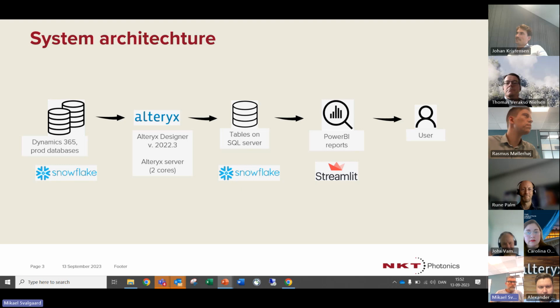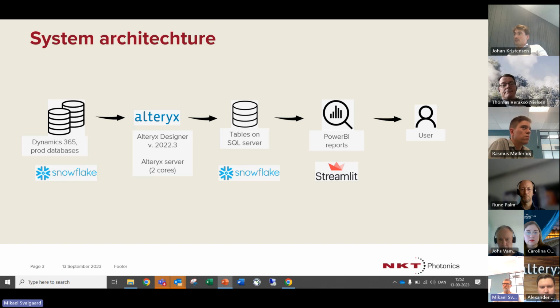You have something, Thomas? I can see you. Yes. I'm curious to know where you actually have put your Alteryx server. Is that in the cloud as well? And are you looking into the cloud version of Alteryx to do some of this stuff? Because I would agree, if you use it for plain ETL, it's crazy to take cloud data down to your desktop and then push it back to the cloud through Alteryx.